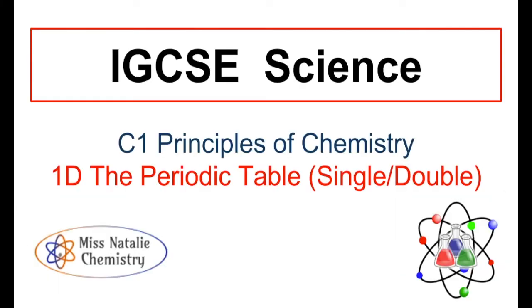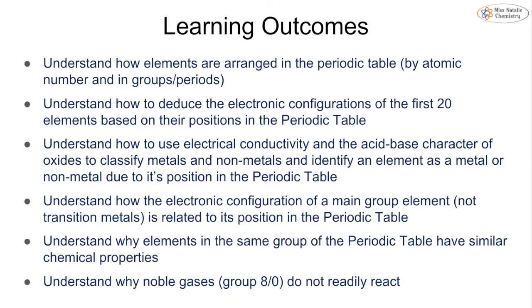In this video, we're going to be looking at topic 1D, the periodic table, and we're going to be focusing on the outcomes that are both in the single and the double science course from Edexcel for IGCSE chemistry. So we'll be looking at how we arrange elements in the periodic table. We'll also touch on the electronic configurations of the first 20 elements, how we classify and identify elements as metals